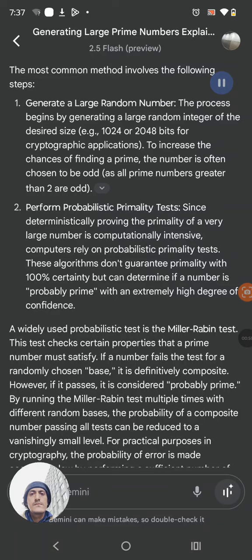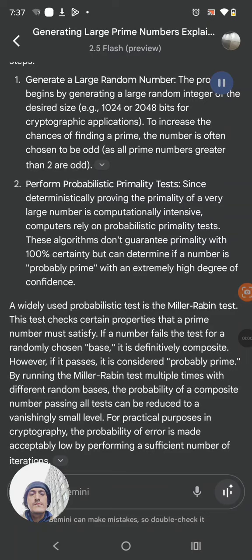2. Perform probabilistic primality tests. Since deterministically proving the primality of a very large number is computationally intensive,